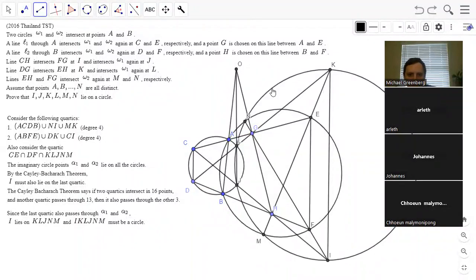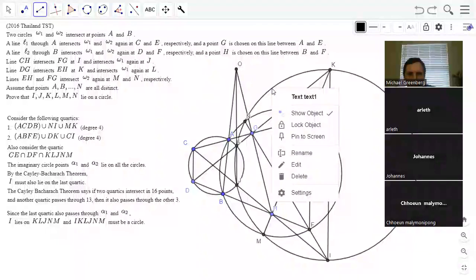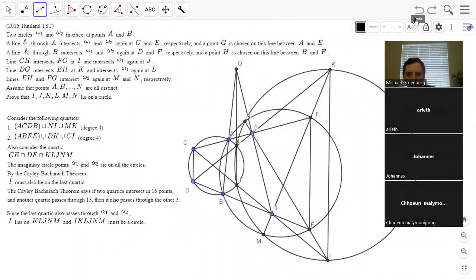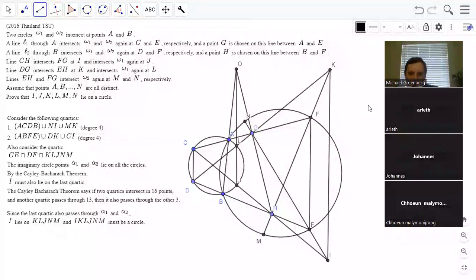Maybe just hide this circle. Oops. Let's see. So once we've shown JKIL,